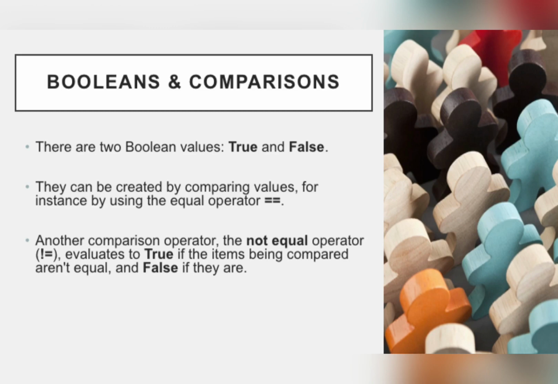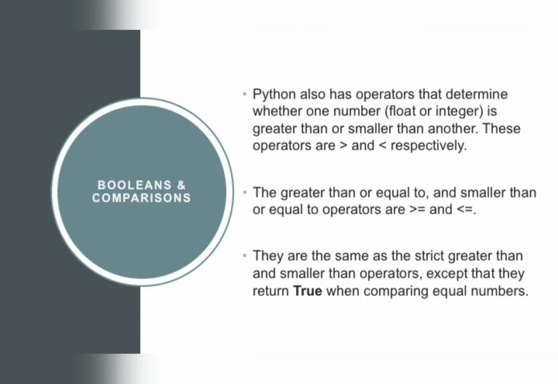Another comparison operator, the not equal operator, evaluates to true if the items being compared are not equal and false if they are. Python also has operators that determine whether one number, which means float or integer, is greater than or smaller than another. These operators are given here. The greater than or equal to and smaller than or equal to operators are also given there. They are the same as the strict greater than and smaller than operators, except that they return true when comparing equal